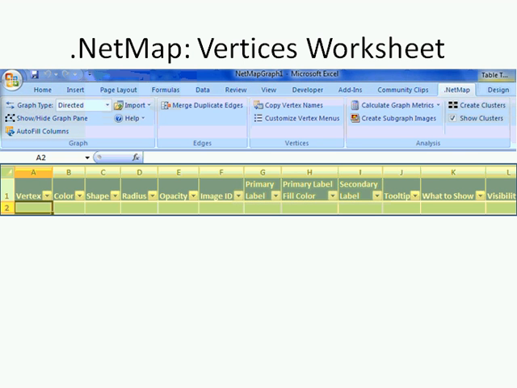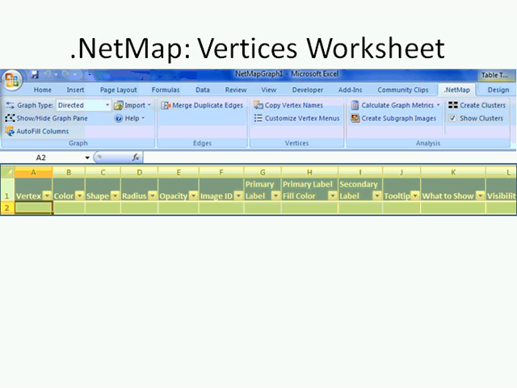to access .NetMap. We have made many dependencies on things like .NET, the VSTO, the Visual Studio Tools for Office, and many of the Microsoft technologies have made this possible. We probably couldn't have done it without those technologies, but it does put us in a dependency condition. For the next question that I will anticipate, no, you don't need Vista, but you will need at least XP. So a recent version of XP or Vista and Office 2007 are requirements for this tool.